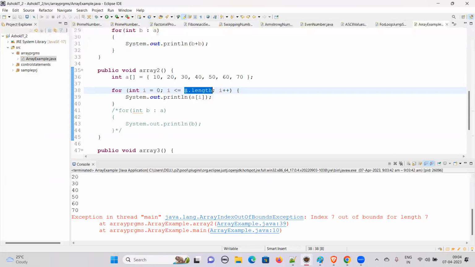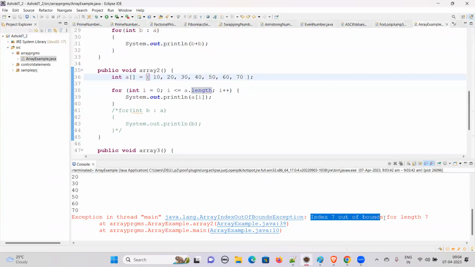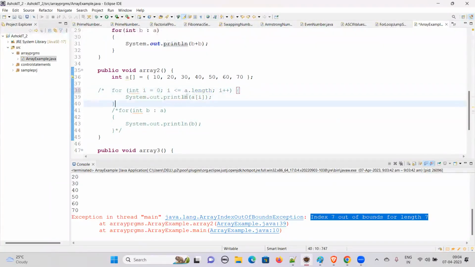7 is less than or equal to 7. But we don't have any value stored at this index. That is nothing but at the 7th index we don't have any value. So that is the reason why it is showing that index 7 out of bounds for the length 7. Okay, so this sort of confusion, this sort of logical miss, we can ignore when we are going